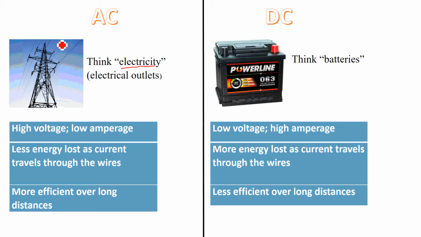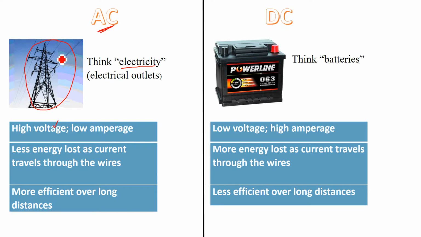So think about the power lines that are coming into your house. In some cases, they're overhead. In other cases, they're underground power lines. But that electricity coming into your house is in the form of alternating current. So what are some of the features of alternating current? It is high voltage. These might be high voltage power lines where the voltage